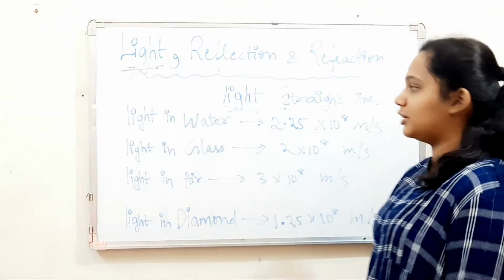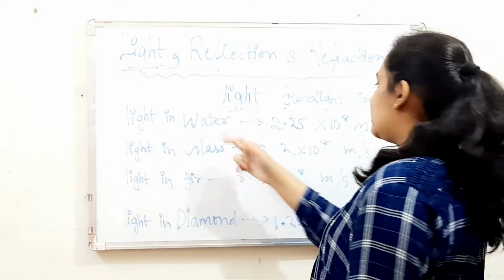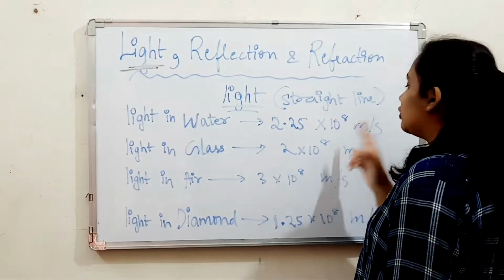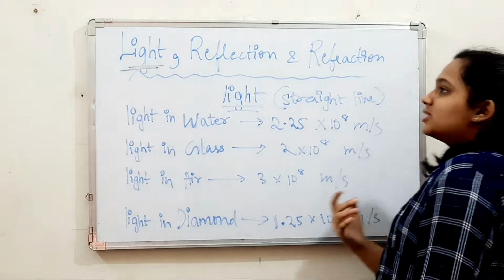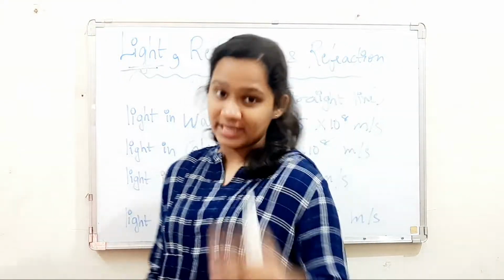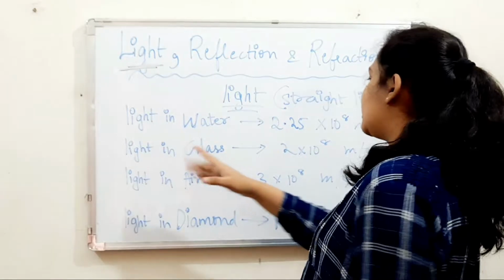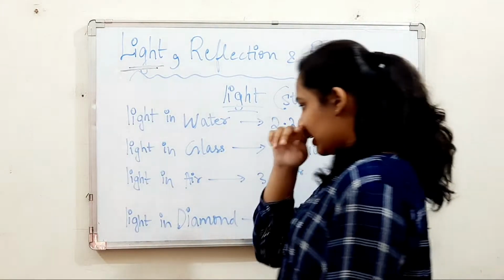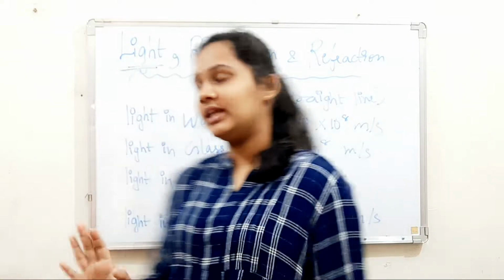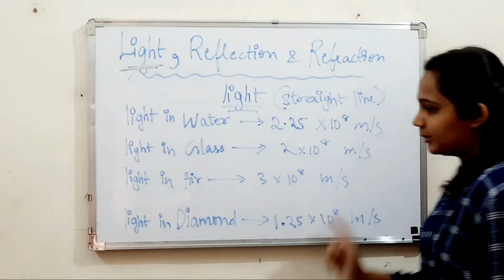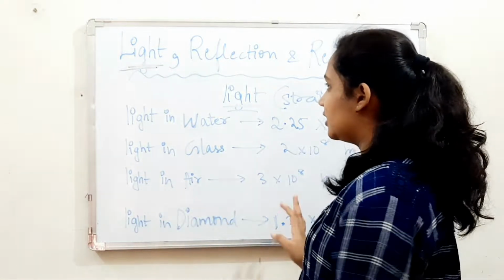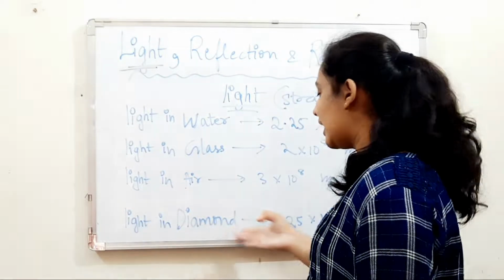The speed of light in different mediums. Light speed in water is 2.25 into 10 to the power of 8 meter per second. Now I may ask, is this important as per exam? Yes, it's very important. Light in water is 2.25 into 10 to the power of 8 meter per second, and light speed in glass is 2 into 10 to the power of 8 meter per second. Light speed in air is 3 into 10 to the power of 8 meter per second, and light in diamond,